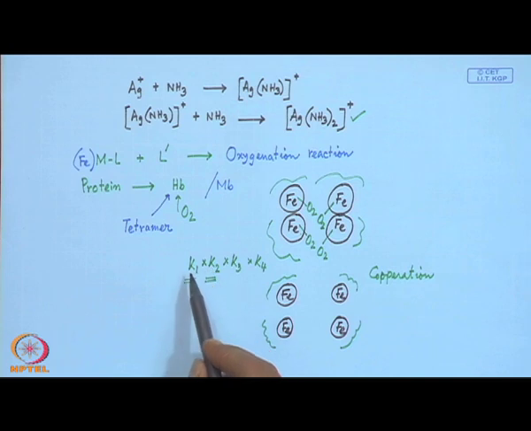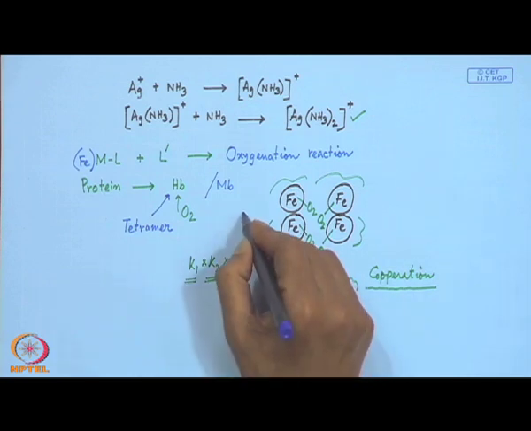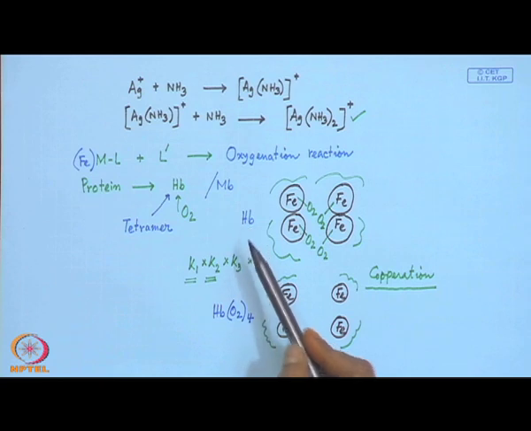So, all together we have the K1, K2, K3 and K4, and it is a very complex process for the oxygenation reaction. But the cooperativity of the hemoglobin molecule for oxygen binding, which we can consider as when we have hemoglobin in the deoxy form going to the oxygenated hemoglobin by binding of 4 O2 molecules at 4 different steps. So, 4 different steps will be required to get the fully oxygenated hemoglobin molecule from the deoxyhemoglobin, and the